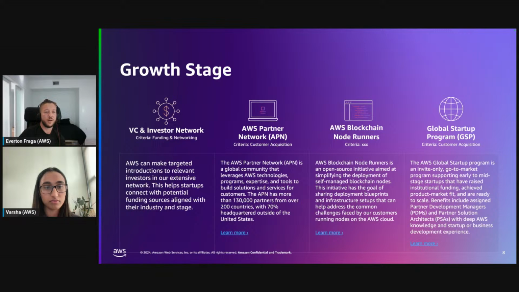Whenever folks are ready for growth, we can also help. I'll go over very briefly here, but we do have a very interesting network of VCs and investors. We have ways to help builders scale through different acquisition channels. So with the AWS partner network, and we have some programs,